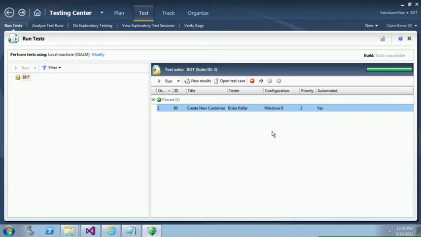Now, this is great to create coded UI tests that run on my local machine, but that's a lot less interesting than creating coded UI tests that run in a variety of environments, especially as you think about where your software needs to run in the wild. And so if you were in my session yesterday, then you saw me create a lab-managed environment. And there's a few different changes that we have within Microsoft Test Manager that allow you to create better lab-managed environments within Visual Studio 2012. And to understand that, let me first show you the workflow